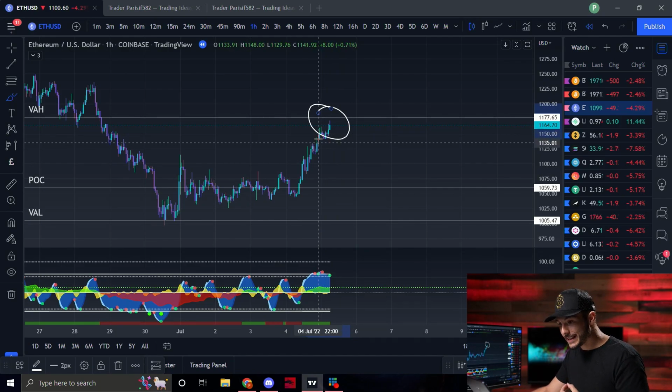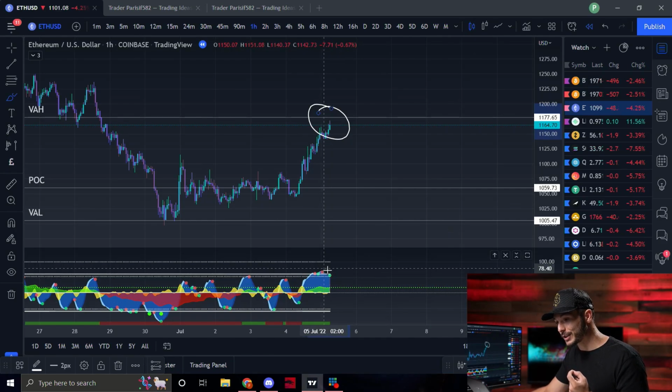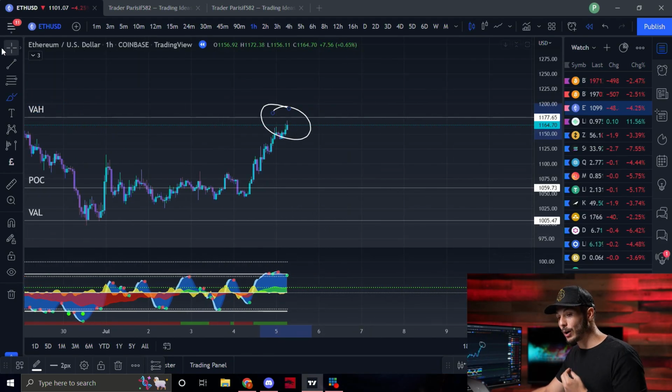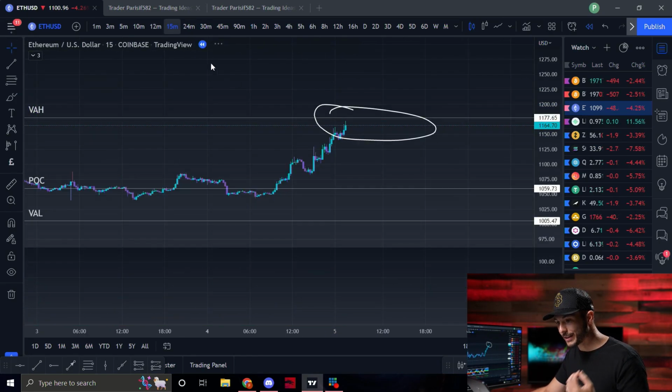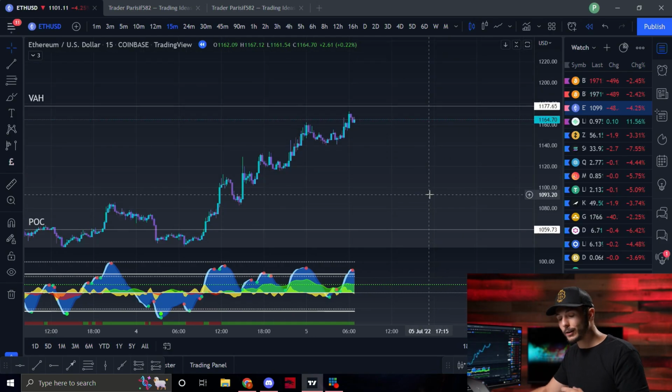And now I do see that we made a high here and a higher high here. And it looks like we are starting to possibly put a bearish divergence in on the 1 hour. Now, if we come back in time and go to something like the 15 minute, this bearish divergence will be a little bit more clear, as when we go to lower time frames, you could think of that as zooming